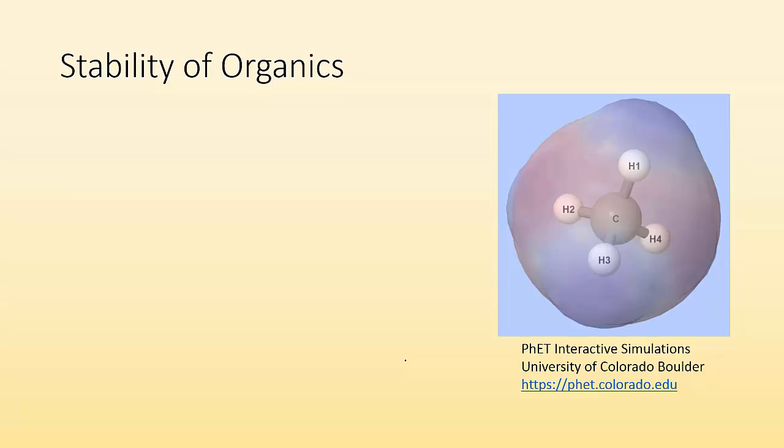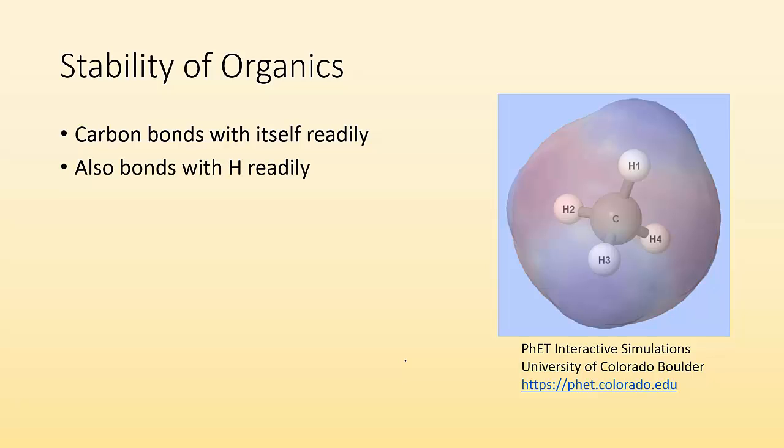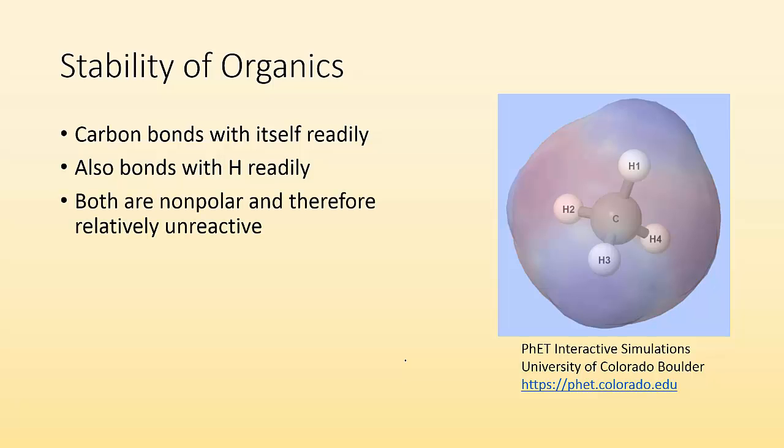All right, so stability of organics. Carbon bonds with itself pretty readily. It wants to make 4 bonds. It can make carbon chains as long as you can imagine. It also bonds with hydrogen readily. And when carbon bonds with hydrogen, or when carbon bonds with carbon, you get a nonpolar bond, and therefore it's